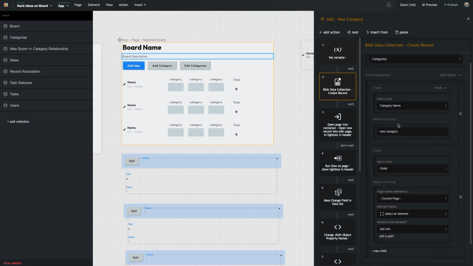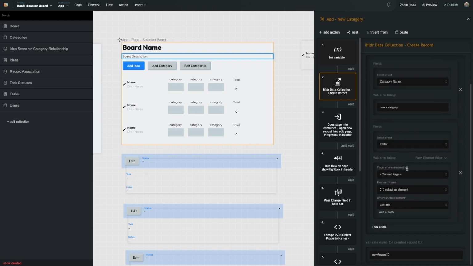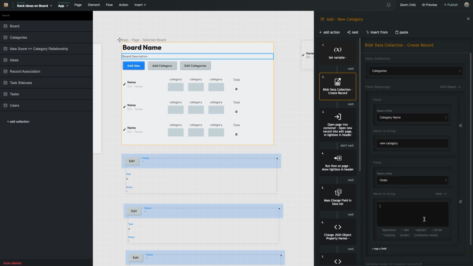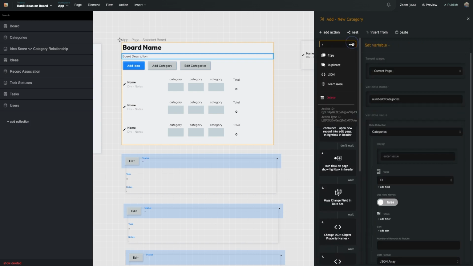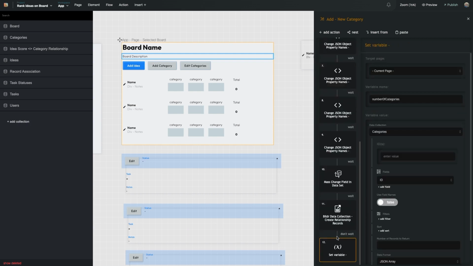And then when I create this and I want to give it a new order field, by using an advanced process called math, from the variable number of categories, I'm just going to, actually, I need to add one thing. So it's fine though. This is what I'm going to do as the last step, it's going to basically be looking at this value in this variable and adding 1 to it. What I forgot to do is I need to, let's clone that set variable,